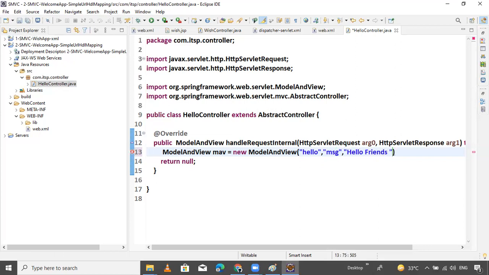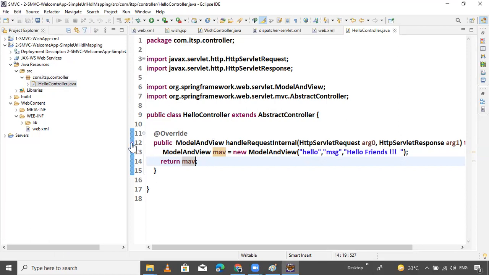You prepare it like that. And return, simple. Here you can return the ModelAndView object. That's it.